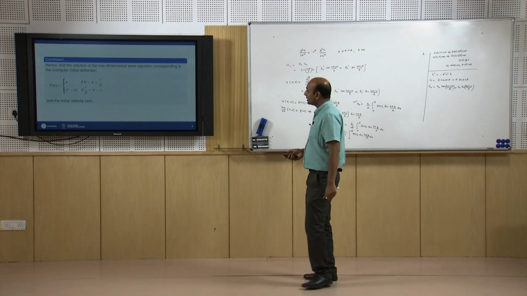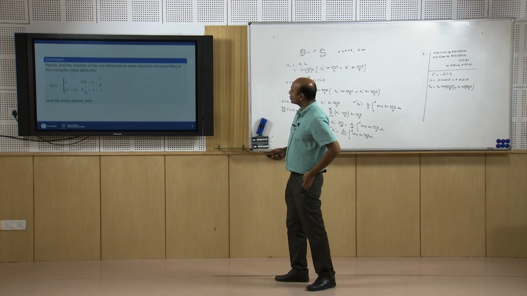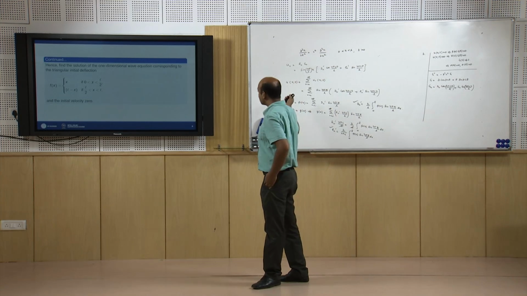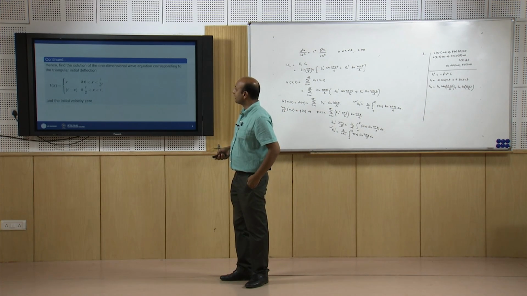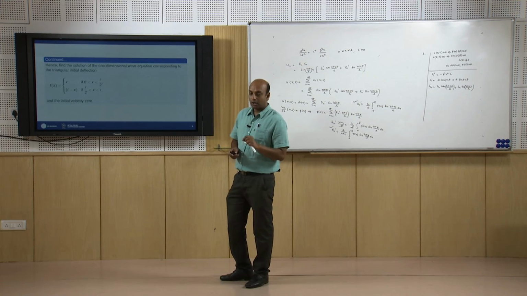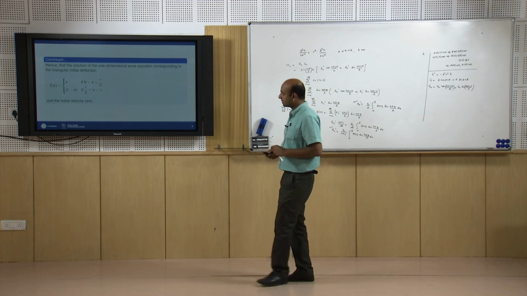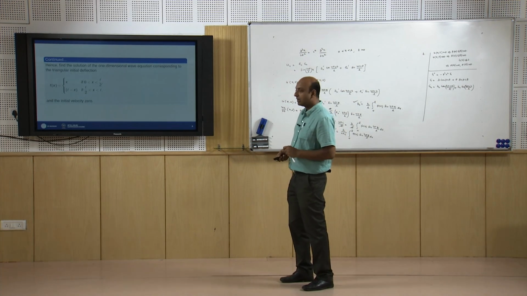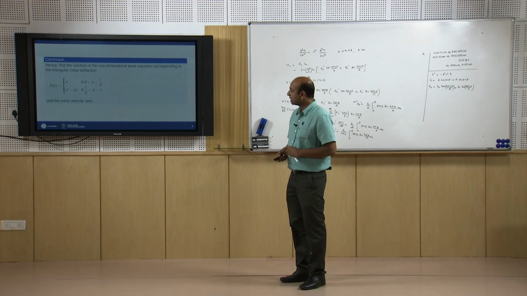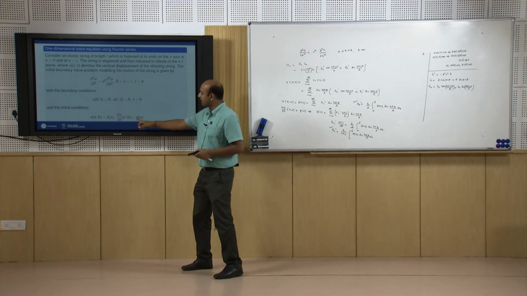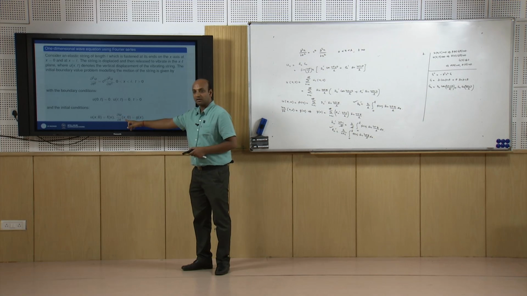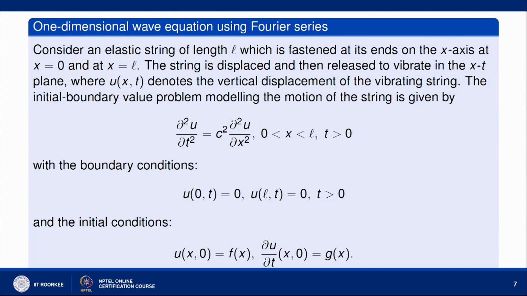Now hence find the solution of the one dimensional wave equation, which is this problem, corresponding to a triangular initial deflection. Suppose u x 0, which is f x, is given by this expression and the initial velocity is 0. Initial velocity is 0 means del u by del t at t equal to 0 is 0, means g x is 0 and f x is given by